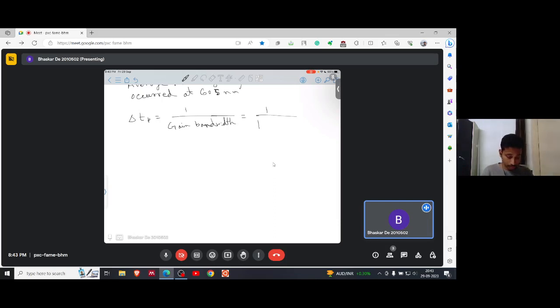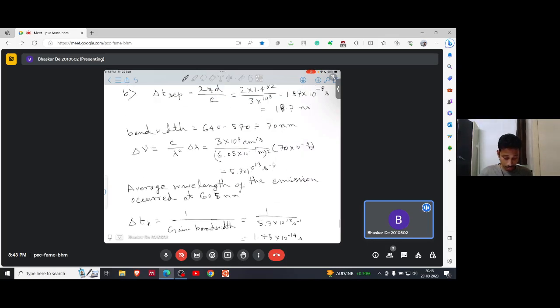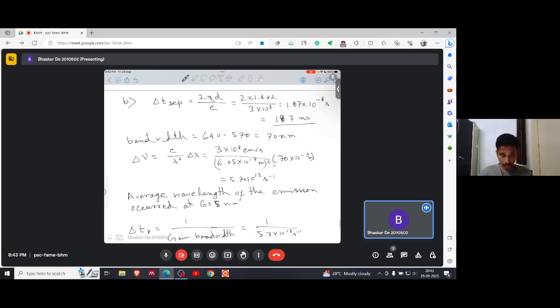This 1 by 5.7 into 10 to the power 13 hertz is 1.75 into 10 to the power minus 14 second, which is 17.5 femtosecond. So in this case we have 17.5 femtosecond laser pulse with the pulse interval of 18.7